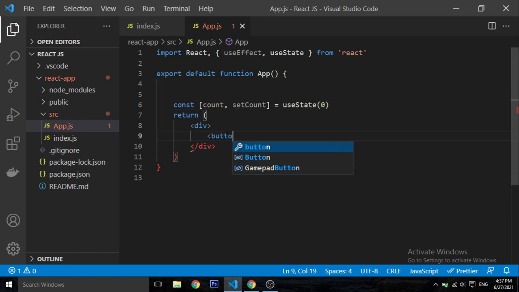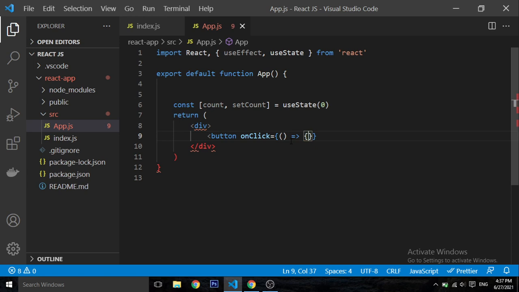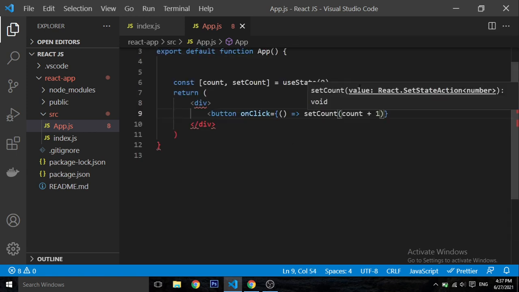Now here let's create a button and onClick. Well, we can create a handleSubmit function here, but I can just type an arrow function because it's easier in our example. We're gonna set the count to be the count plus 1, so we're incrementing.